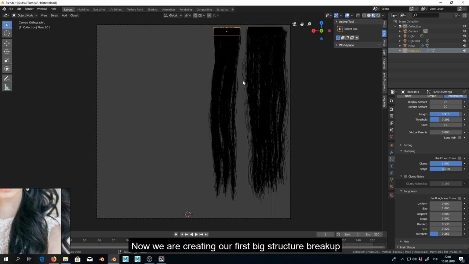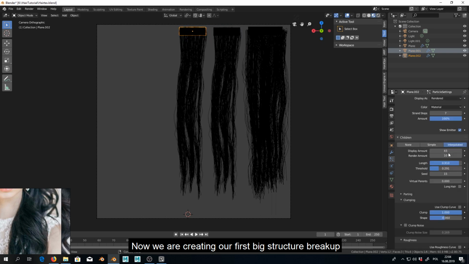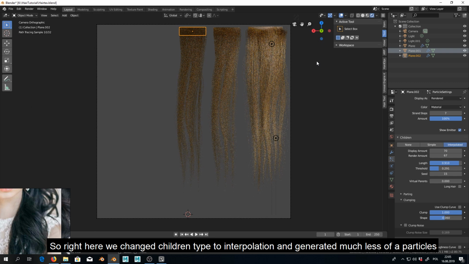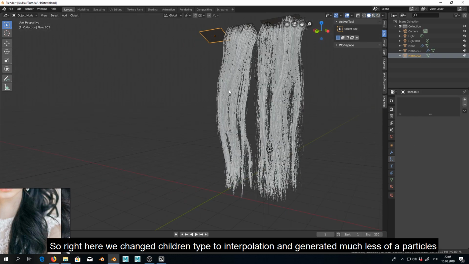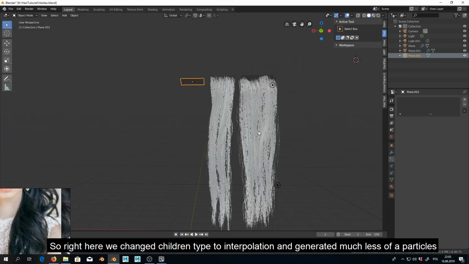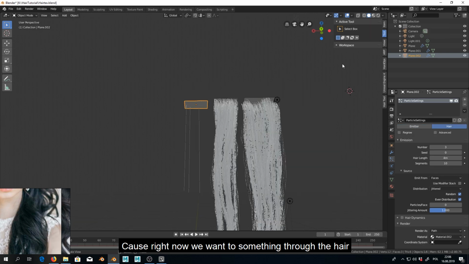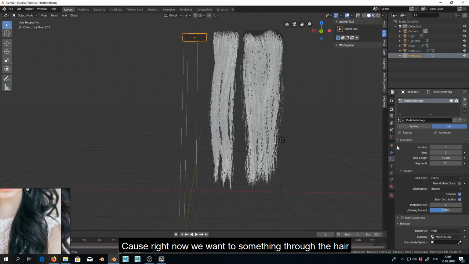Now we're creating our first big structure breakup. So here actually we change the children generation type to interpolation and generate much less particles. Because right now we want to see something through the hair,